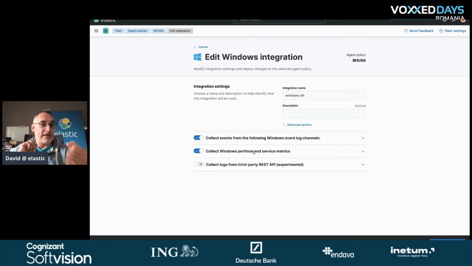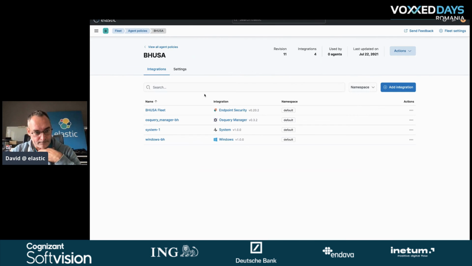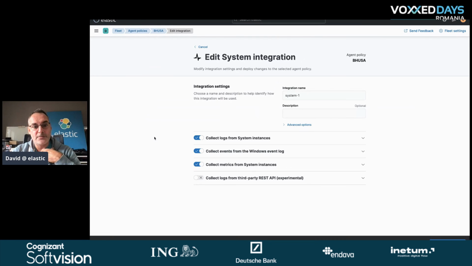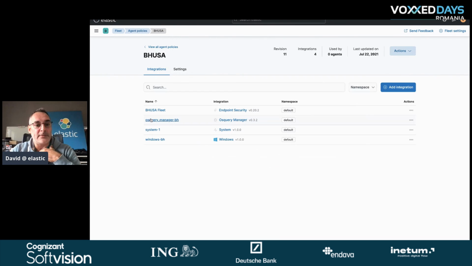But here you just have to click to make available one integration or the other. Same goes for system here. If we look at this one, we are also collecting logs from system instances, so other logs, other events from the Windows log, etc., etc.